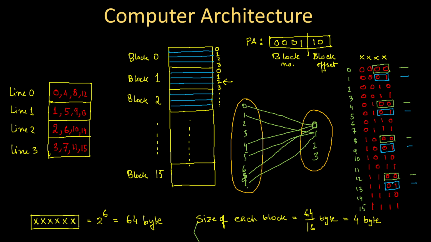So that means this rightmost 2 bytes is representing the line number from this block number. So I can divide the block number into 2 more parts. That means the address that I had, if we consider the physical address like this, is my physical address. I have seen that this is representing the block offset and this is representing the block number.